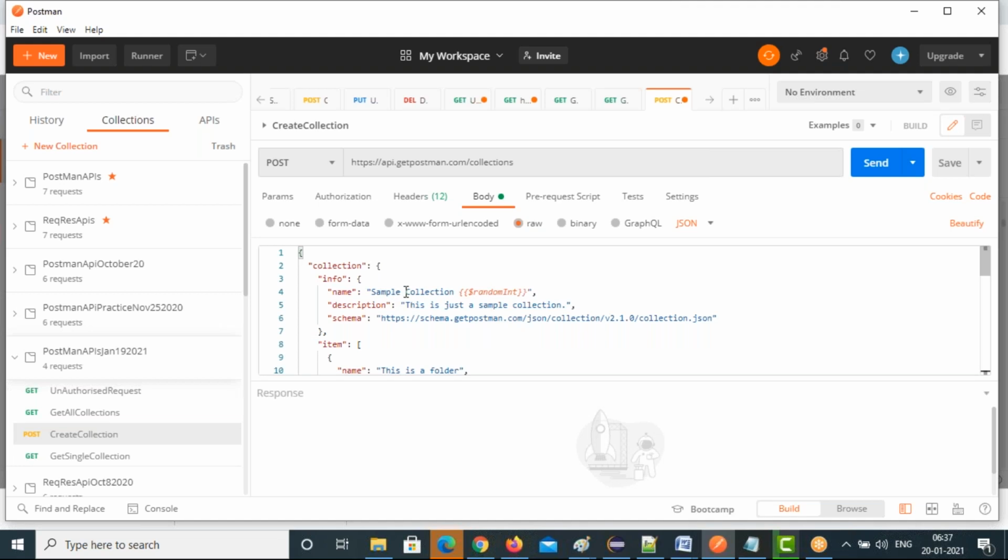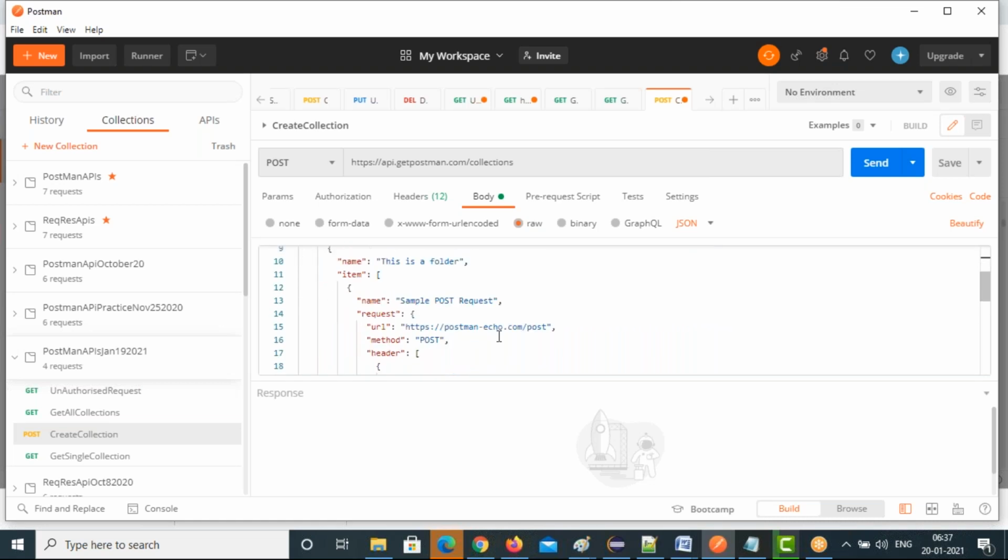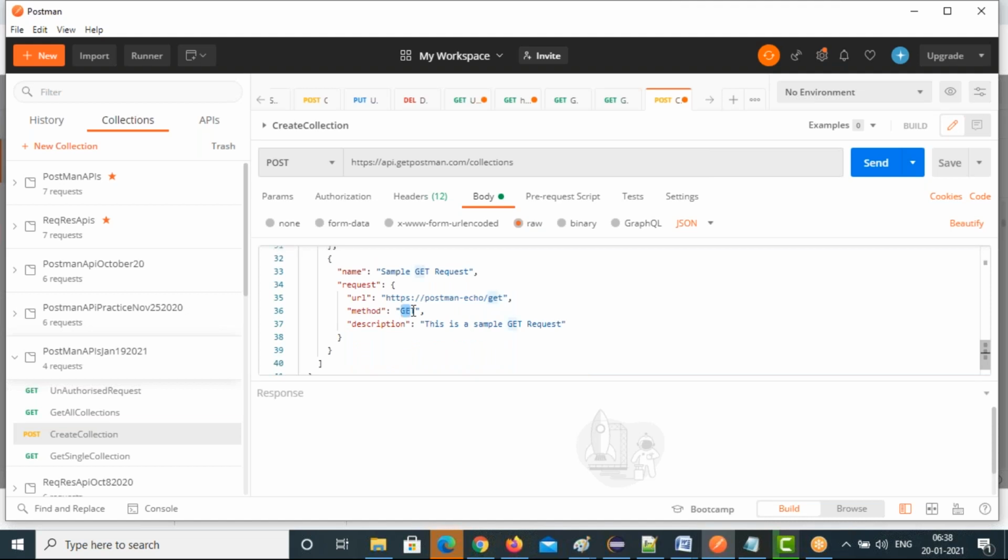Sample test collection I will give. You can change whatever you want. Just a sample API test collection. So all the things, if you want, you can change. Wherever get is there, you can change it to post. See, I'll change it to sample get request.